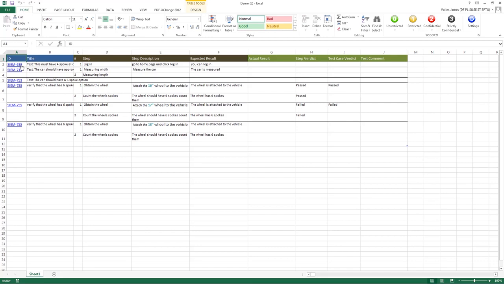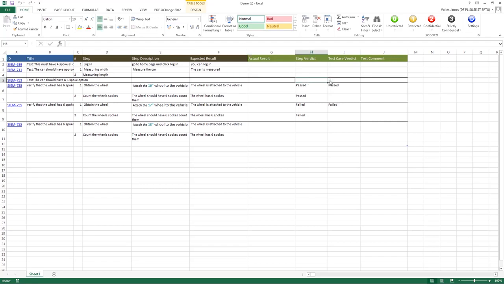We can see here that we've actually got our test cases listed out. We can see that our titles are there and our test steps are all listed there as well. And we can then see our results section to put in what is occurring within that test. We can also see that parameters are also taken across, so we can see that our 16, 17 and 18-inch wheels are all added in there as well, working with the same test case that we had previously.